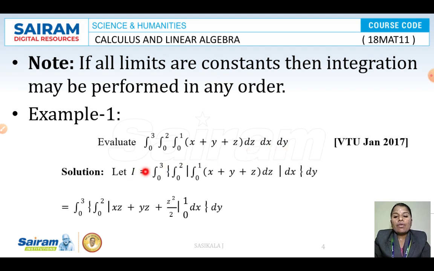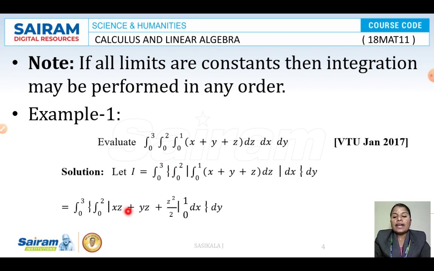So now what is that? The limits have been given as 0 to 3, and so on. First, you can check what type of limits these are. These are constant limits, so you can choose any variable and do it in any order. Go ahead. First, I'm considering the inner limit to be z, the second one x, and the first one y. So first with respect to z, then x, then y.